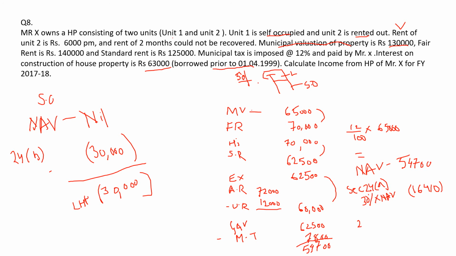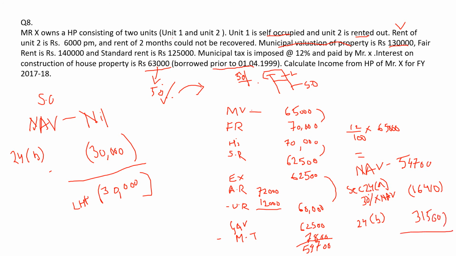And again under section 24B, as we also have interest on loan, we'll have to give the interest on loan also as deduction, and here we will get the full amount as deduction. The full amount was how much? 50% of this 63,000. 50% was for self-occupied and 50% was for let out. So in the let out case, we get the whole amount as deduction, as nothing has been mentioned. It is 31,500.